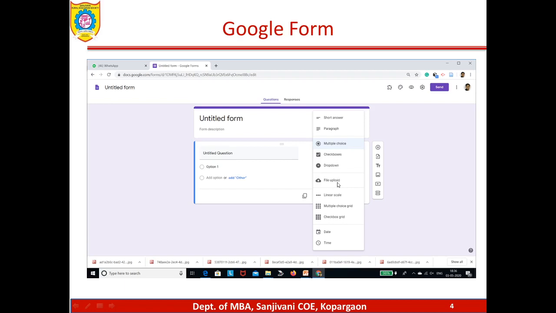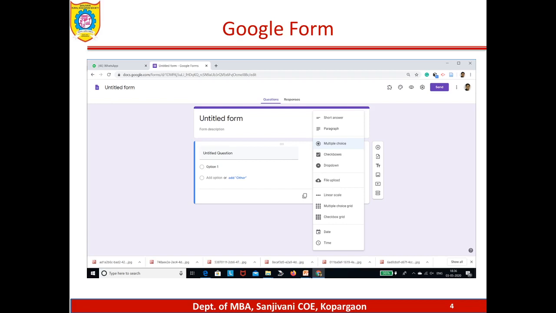A file upload option is also there, so respondents can upload image files or video files, which are uploaded to your drive and shared with you. Then there is the linear scale, which is very important whenever you add questions in the form of a Likert scale, like satisfaction level or agreement level questions, from completely disagree to highly agree, or highly dissatisfied to highly satisfied, like a 1 to 10 scale or a 1 to 5 scale.